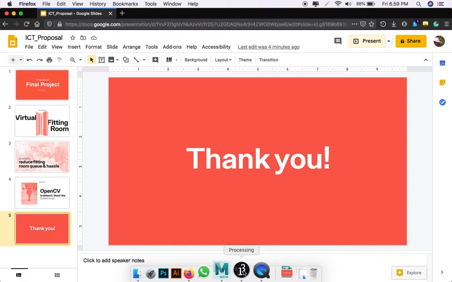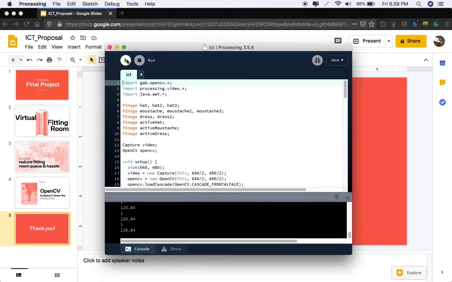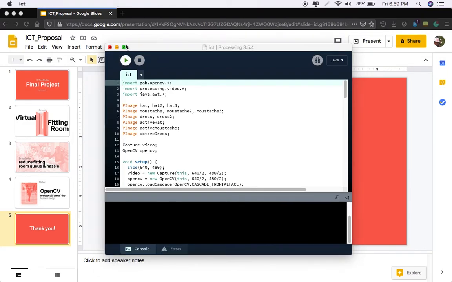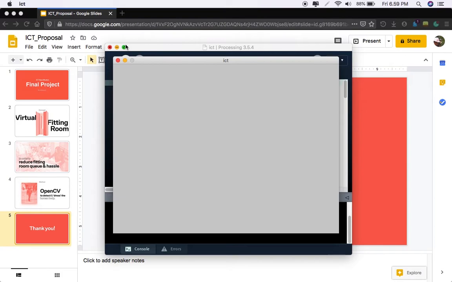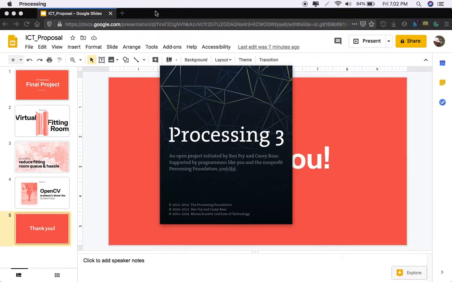So let me just open the app. So this is the sketch. I'm just gonna run it. Okay, I'm just gonna try reopening it because apparently it didn't work the last time. I'm not sure why,